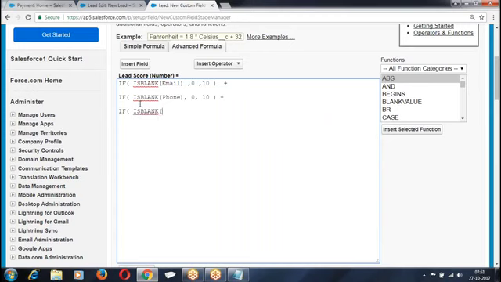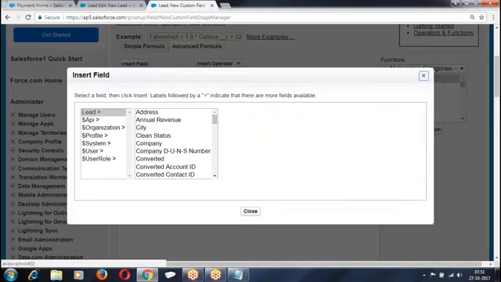What was the other one we discussed? Then I said IsNull of number of employees, because we are comparing the number of employees.